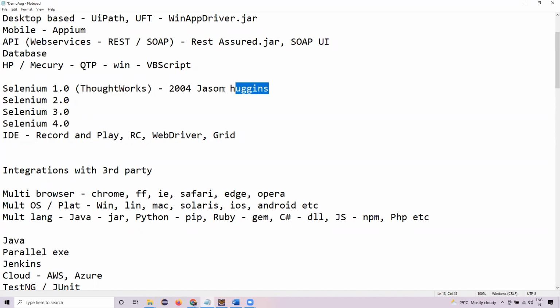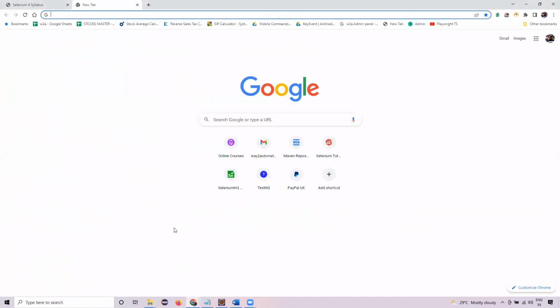In 2004, by a developer named Jason Huggins. So if we talk about the base architecture of Selenium, the core library of Selenium, since it was a development project itself, right? The core library was JavaScript based. If I talk about JavaScript, not as a language but in general terms,